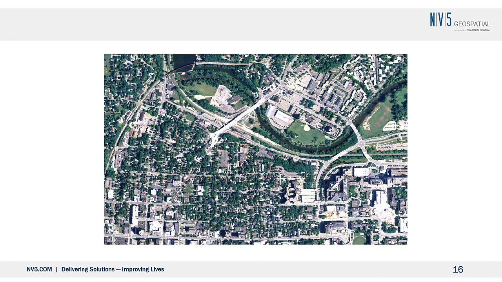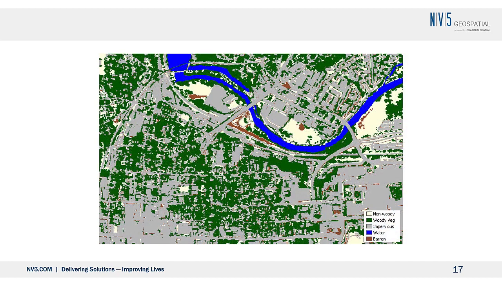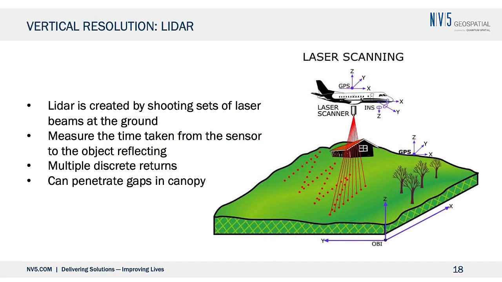So the impervious looks very different. In this case, we're looking at a large amount of woody vegetation. So depending on what you want to classify, you've got to pick the temporal timing, which is very important. LiDAR has sort of been a game changer in the remote sensing area, especially when it